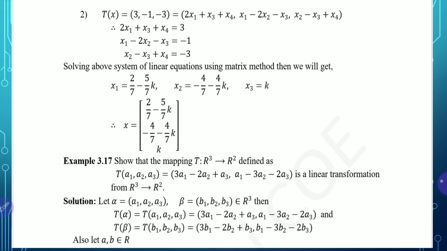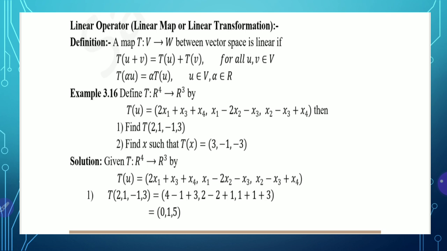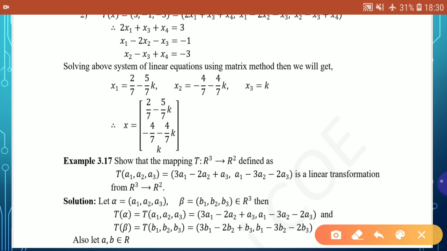As these two are equal, after equating we'll get a set of equations. Here we have obtained three equations in four unknowns, and this is a non-homogeneous system. On the right hand side we have non-zero numbers, so it is a non-homogeneous system, and we can solve it using the matrix method. This type of calculation we have done several times. After applying the non-homogeneous system method, finally we will get the solutions, that is the values of x1, x2, x3 and x4.